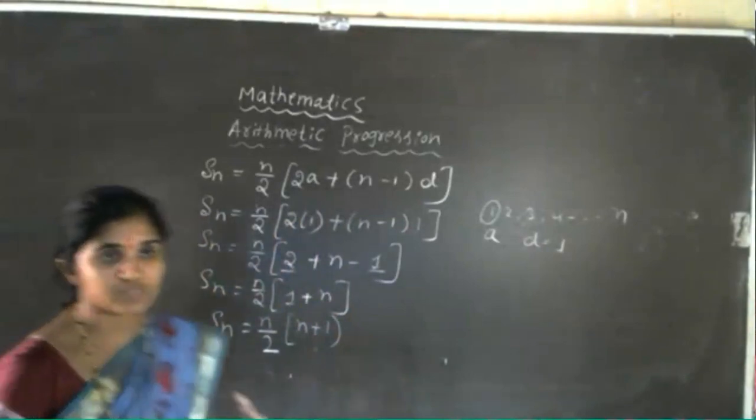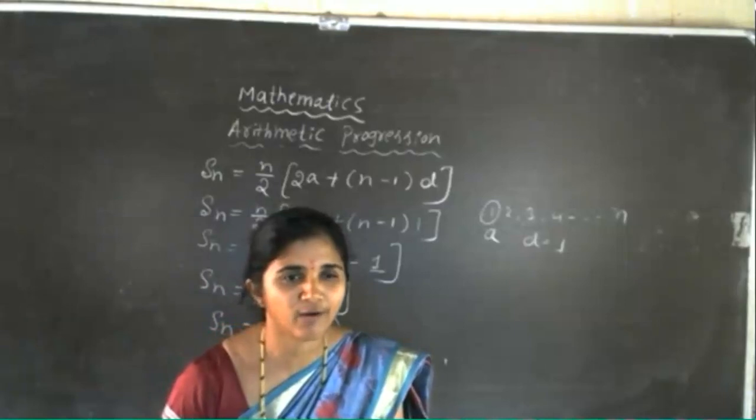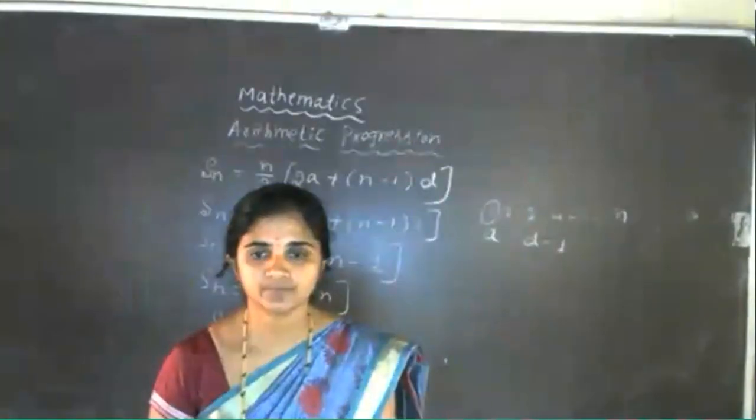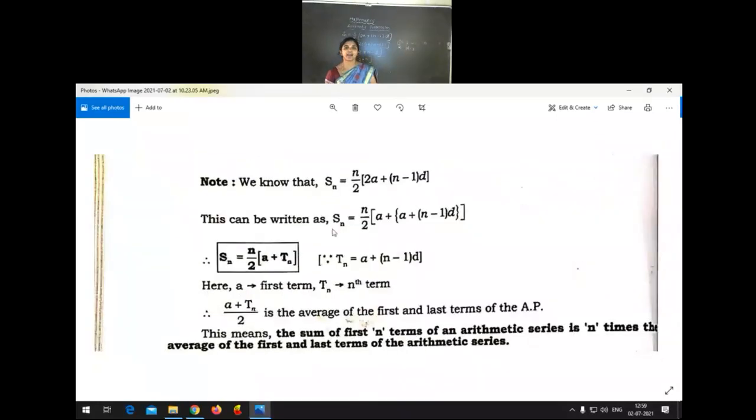Got the idea of this concept now, students? Yes. So now, one small connection for this. Actually, this is represented by the letter sigma. So next we are moving on. We know that Sn is equal to n by 2 into 2a plus n minus 1 into d, right? So here again we'll get some new topic. I want to take the original formula again.